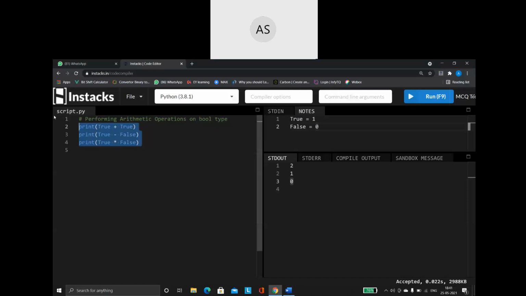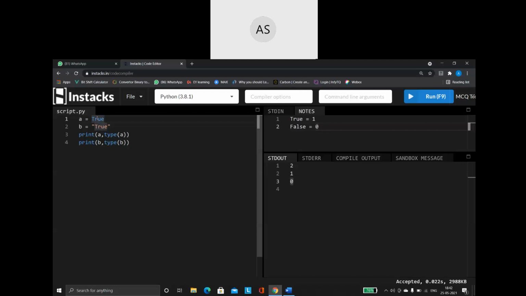See, for example, here I am saying A is equal to true. Then I'm saying B is equal to "true". Now when I print A and the type of A, and in the same way when I print B and the type of B, you just have to notice one point very clearly. Both my A and the B variable have the value true. But this and this are not the same.